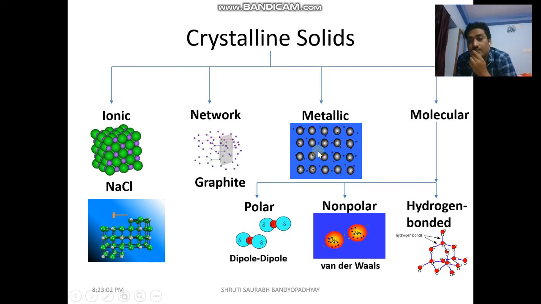We know that metals are highly conductive, either thermal or electrical. The last one is molecular solid. Molecular solid is composed of molecules. Now molecules can be polar, they can be non-polar, or